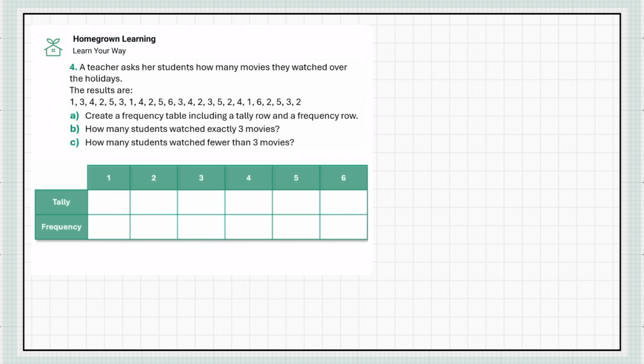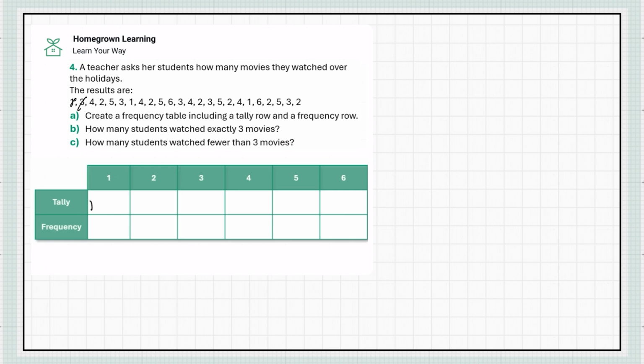Alright, let's look at another example. So here we have another situation. A teacher asks her students how many movies they watched over the holidays, and here are the results. We're going to do the tally the exact same way as we did before, just cross them out as we go. So the first one is 1,